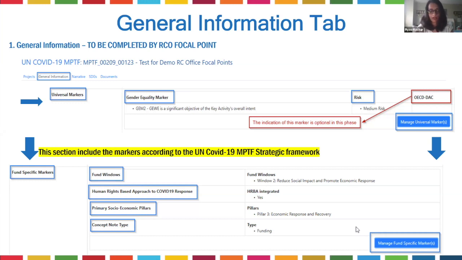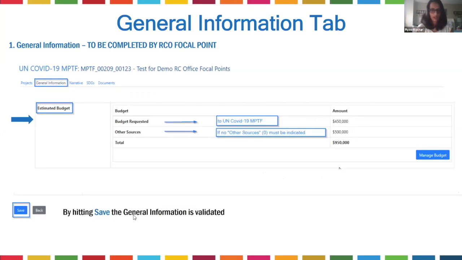So this is a mandatory marker for the fund as well, just to make sure that we can run reports on the other end and use this information. And then the last information that we're asking, again, you'll notice that it's very different from the full project budget and also the full project questions, et cetera, because this is a concept note.